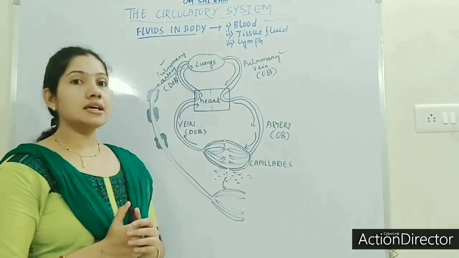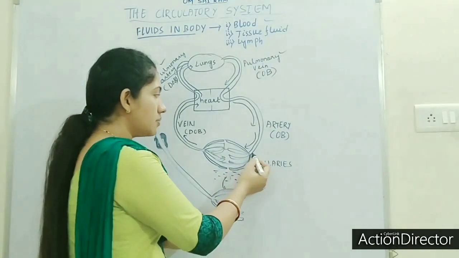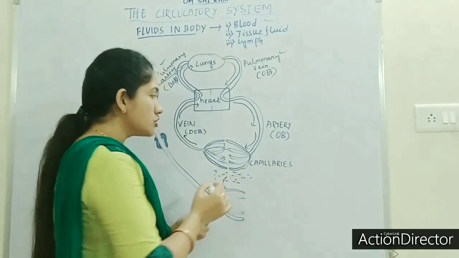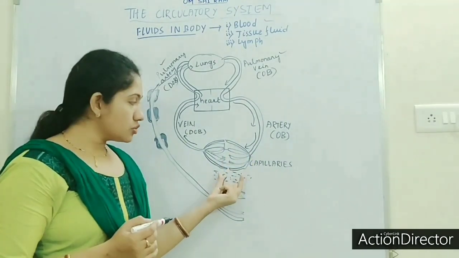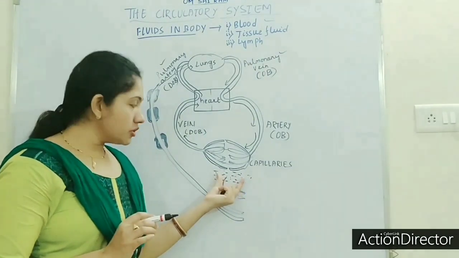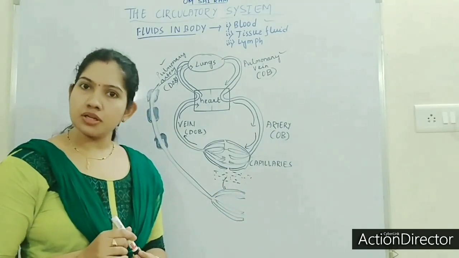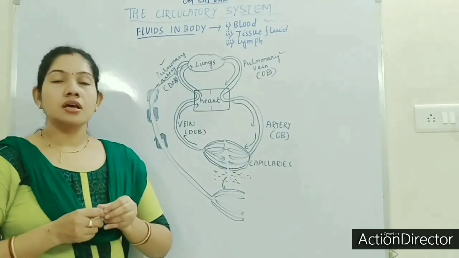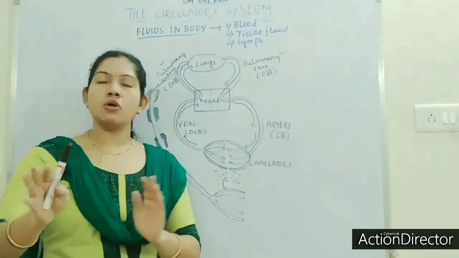So this is the connecting link between blood vessels, lymph and tissue fluid. These are the blood vessels, this is the lymphatic vessel, and this is the tissue fluid. The nutrients can be supplied from the blood vessel to the tissue fluid by the diffusion process that we will read, and this tissue fluid will supply nutrients to the lymph by diffusion only. So this is the interconnecting link between blood, lymph and capillaries. If you have any doubt in this part, about heart and lungs, don't worry, we will have details about the heart in